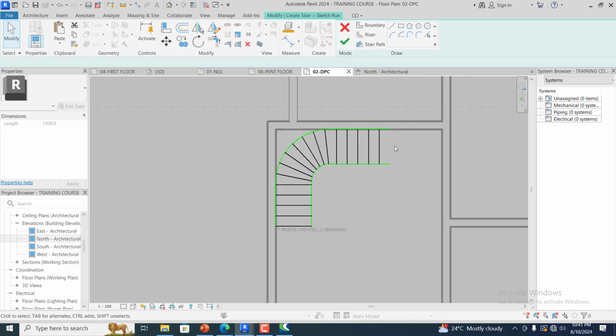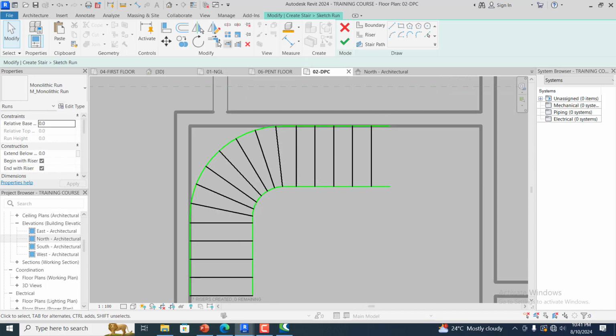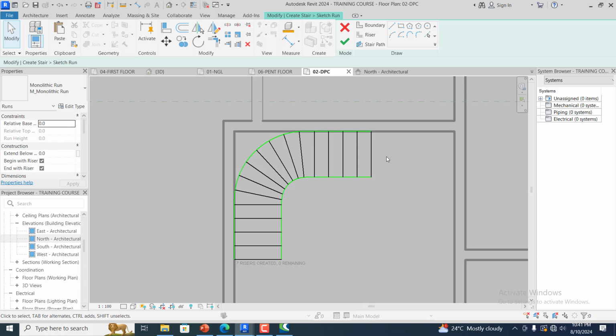Okay, so I will fillet this or trim. So fine, so we are here now. The next thing I will do is to create my stairs part. Okay, to create my stair part, I will specify my offset. Let me pick this and specify the offset to be, it was 1000 width, so that will be 500. So 500,